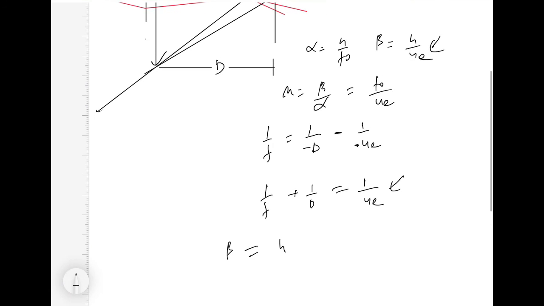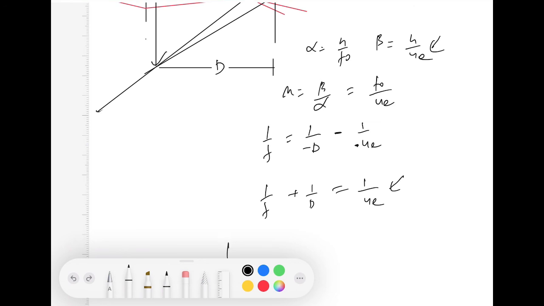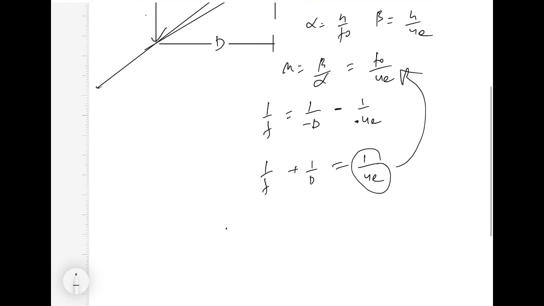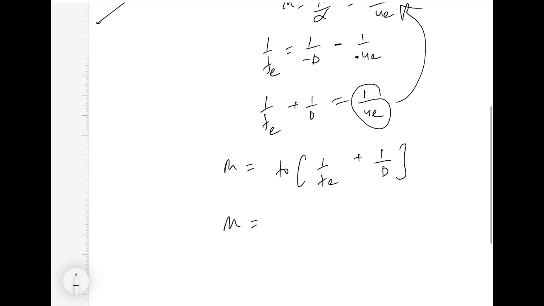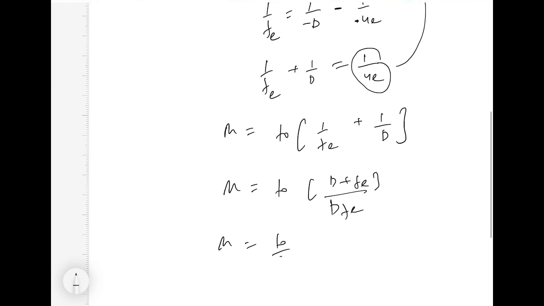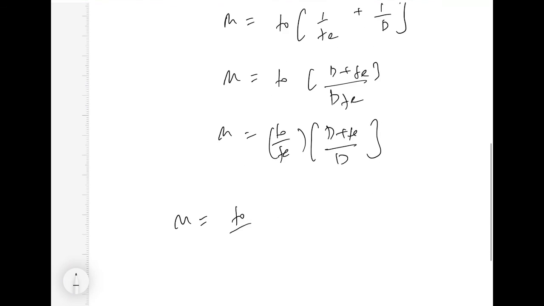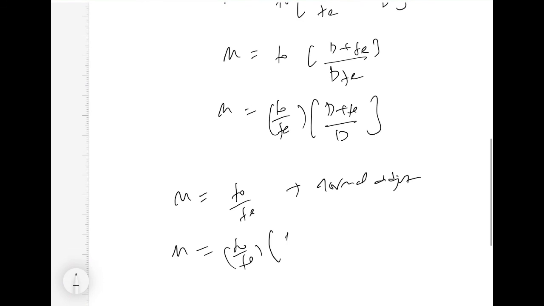So magnification is FO, and instead of 1 by UE, I can write 1 upon FE plus 1 by D. Mind you, this is the focal length of the eyepiece, because we were applying the lens equation for the eyepiece. So this is FO times (D plus FE) upon D FE. So I can take my FE out and I get D plus FE by D. So we have got two expressions for magnification: FO by FE at normal adjustment, and M is FO by FE times (D plus FE by D) at near point, when the final